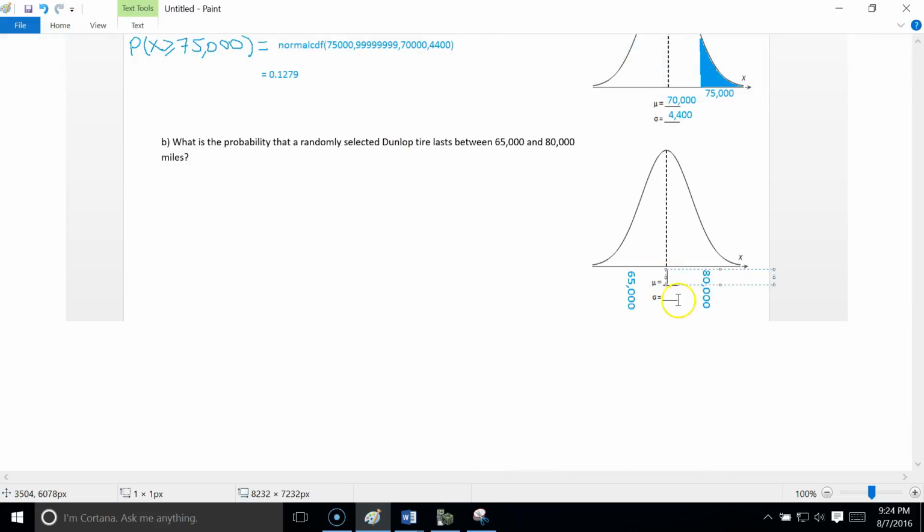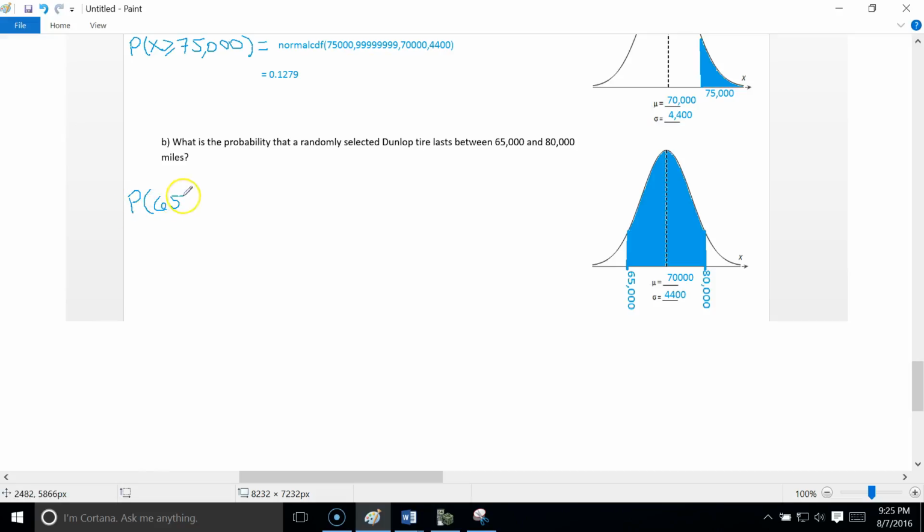This still has a mean of 70,000 and a standard deviation of 4,400. And so we're looking for the area that's approximately between these two values. So that area right in there. Okay, so the probability statement is going to be that the probability is going to be equal to